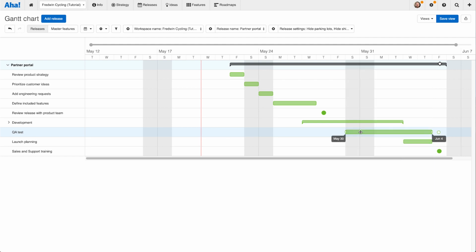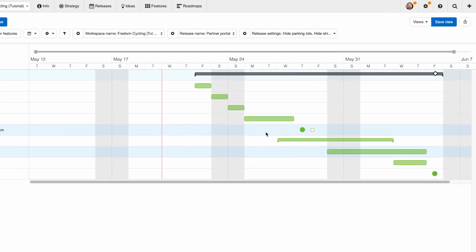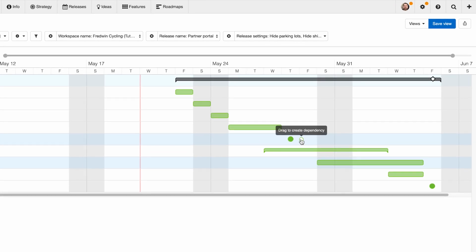Okay, we're looking at timing and it's looking pretty good. I've got a basic flow here, but those of you who have worked with Gantt charts before can see trouble on the horizon, and let me highlight that for you by using dependencies. So we've already talked about this a little bit, but the product team review should definitely happen before development as a phase has started. So I can click here and drag to create a dependency between items,